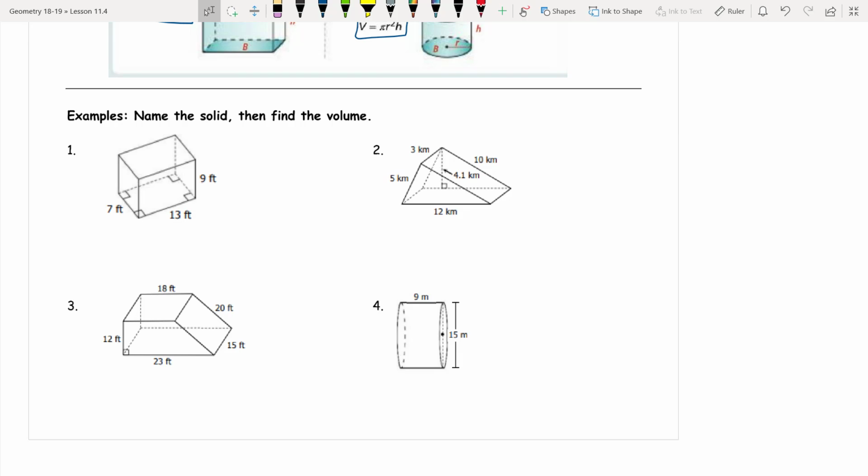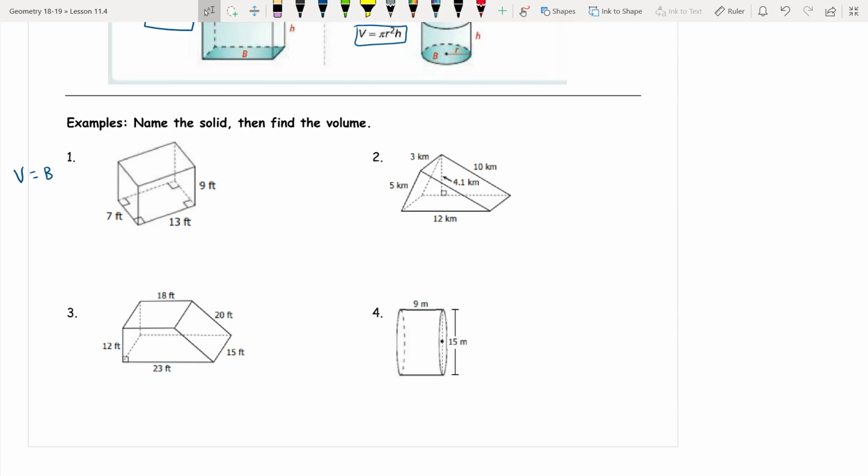So if we look at the first one, we've got ourselves a rectangular prism, right? So the rectangle base and then my height of 9, the volume is going to be area of the base times the height, and the area of a rectangle is just length times width. So we can do length times width times height. So my volume is going to be 7 times 13 times 9. And that just gets plugged into the calculator. So when we do that, we end up with a volume of 819 feet cubed